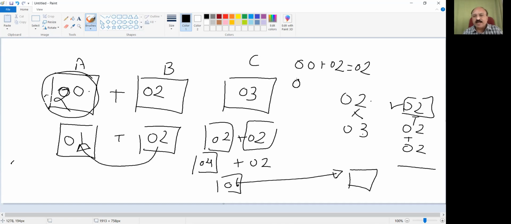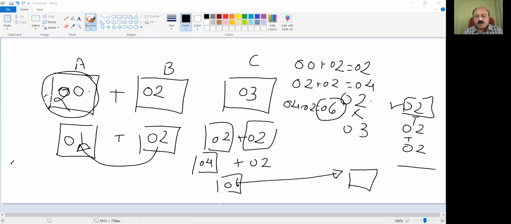For the second time, it will be 0, 2 plus 0, 2. The result will be stored into the accumulator as 0, 4. For the third time, 0, 4 plus 0, 2, 0, 6. The result will be stored into the accumulator, which is nothing but the multiplication of 0, 2 and 0, 3, the same as addition of 2 three times. That's why the accumulator is initialized, then it will be added with B. Then we will decrease the counter by 1.